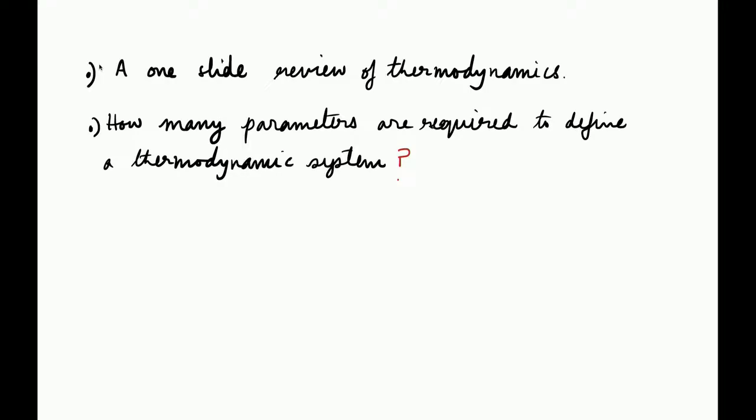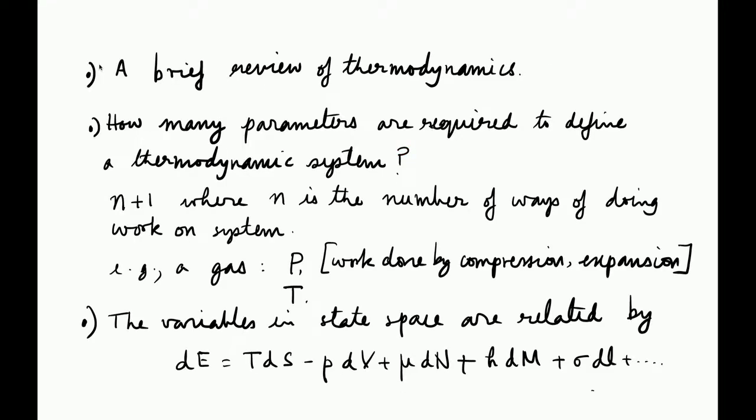If I say pressure and temperature, is that enough? Or should I say pressure, temperature and density? How many things should I measure? If I say pressure and temperature, then density gets fixed, right? Its rho gets fixed. So the answer is that there should be n plus 1